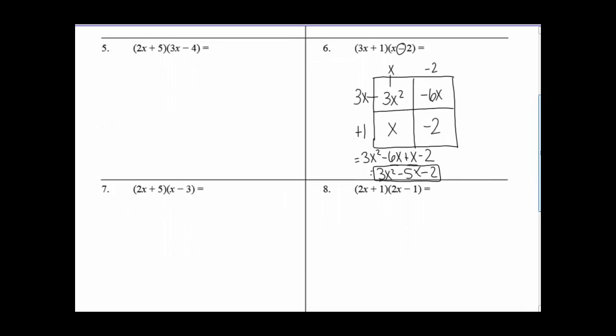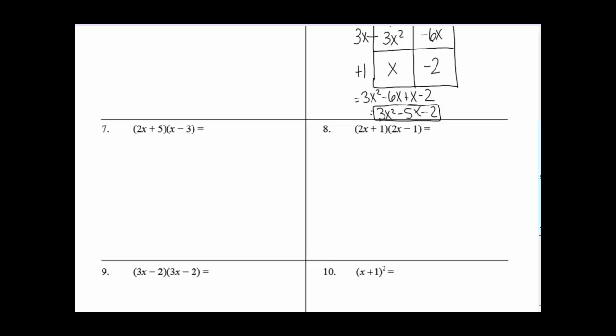So let's go ahead and try number 8. I have another binomial times a binomial. So once again, I'm going to have 4 boxes. On the left-hand side, I'm going to have a 2x and a plus 1. And on the top, I'm going to have a 2x and a minus 1. So now when I go ahead and multiply, 2x times 2x gets me 4x squared. 2x times negative 1 should get me negative 2x. On the bottom, 2x times positive 1 gets me positive 2x, and